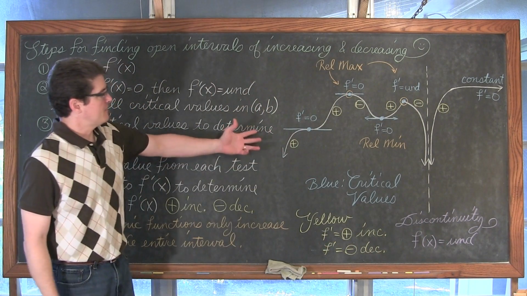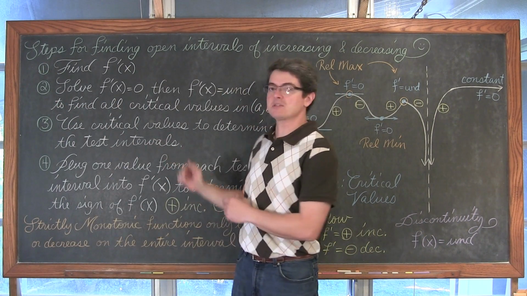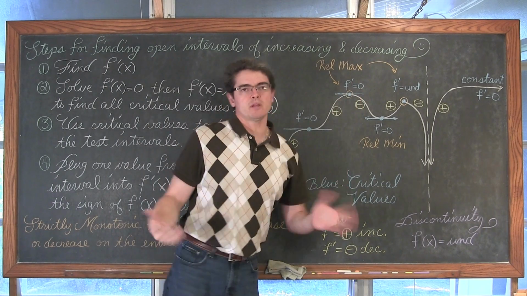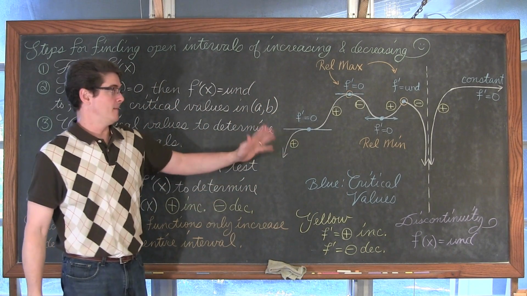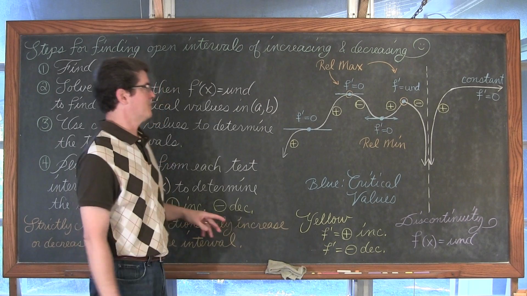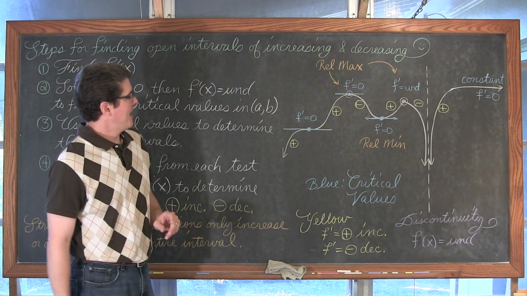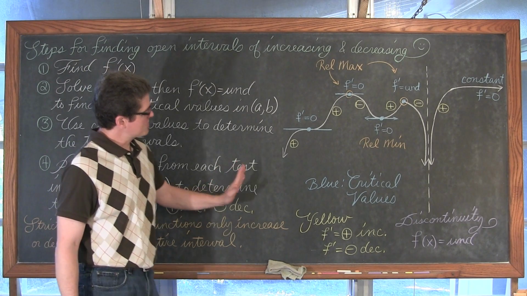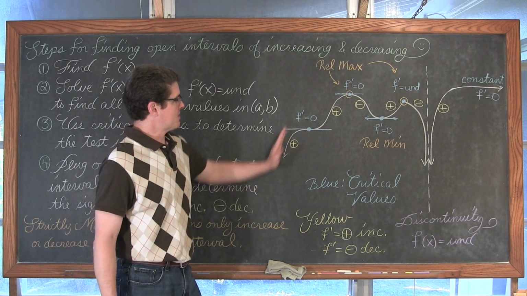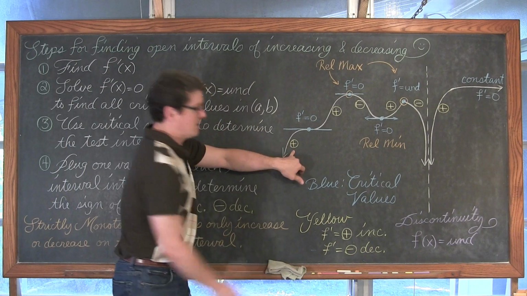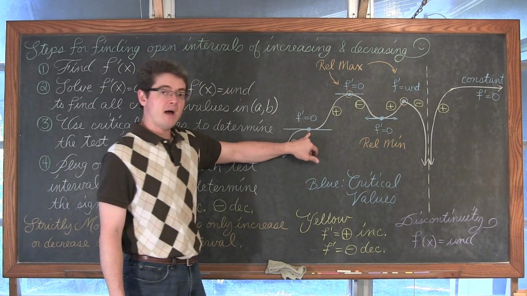Over here, I've got a visual representation of what I've tried to put in these steps. I got some kind of crazy squiggly line. I just made that up. I can't imagine what the function would look like, except I can pretty much guarantee it'd be a piecewise function. With multiple pieces, we have a function that is increasing in this interval, and the first derivative, because the function is rising to the right, would be positive.